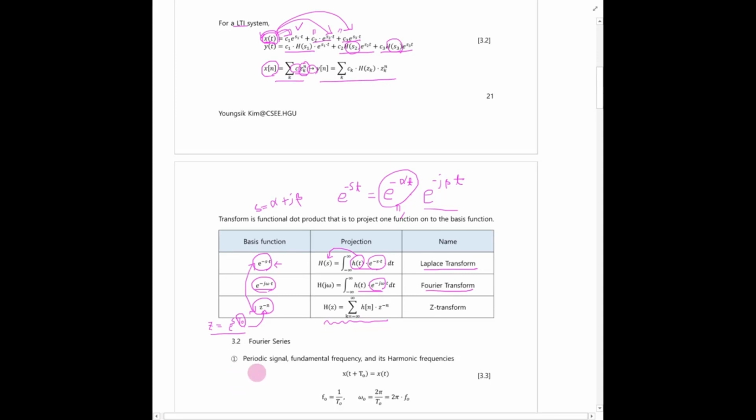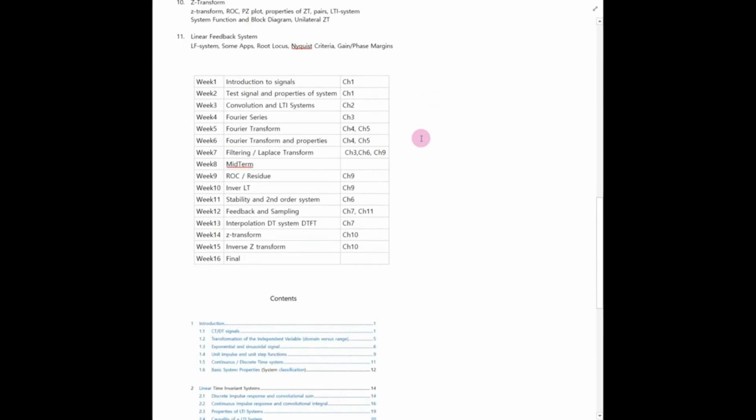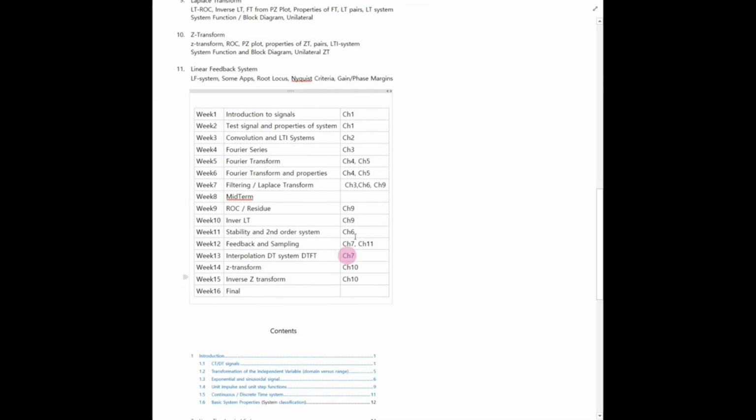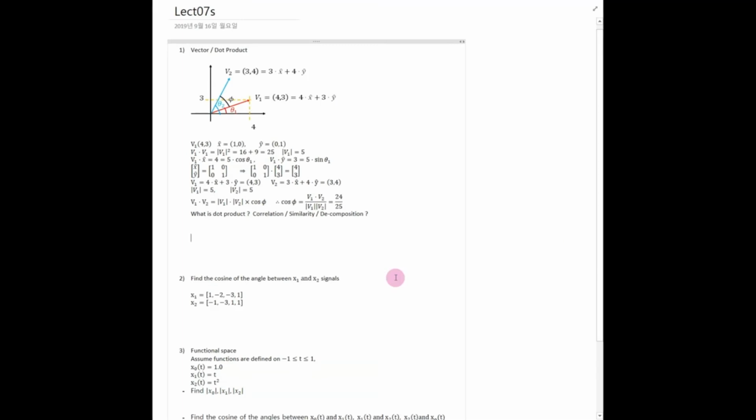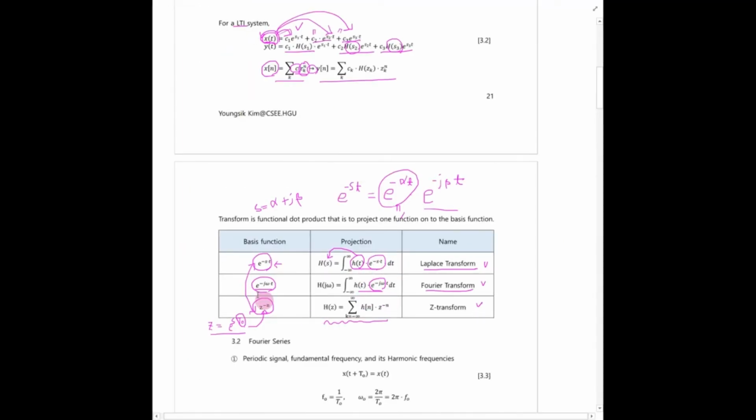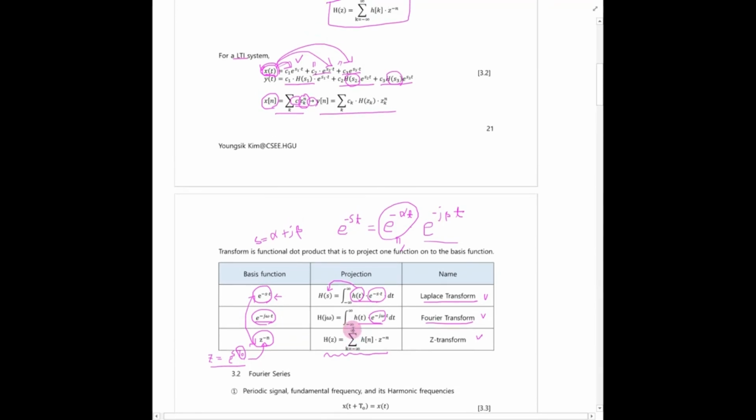In this lecture, we are using these three transformations. From here, we talk about the whole syllabus, which shows our schedule. Fourier series, Fourier transform, and then we move on to the Laplace transform, and lastly we refer to the g transform. All those things are explained in these tables. Okay. But here, some